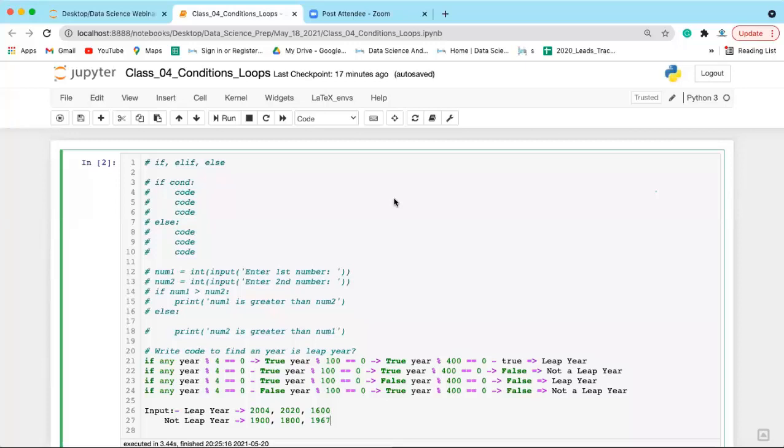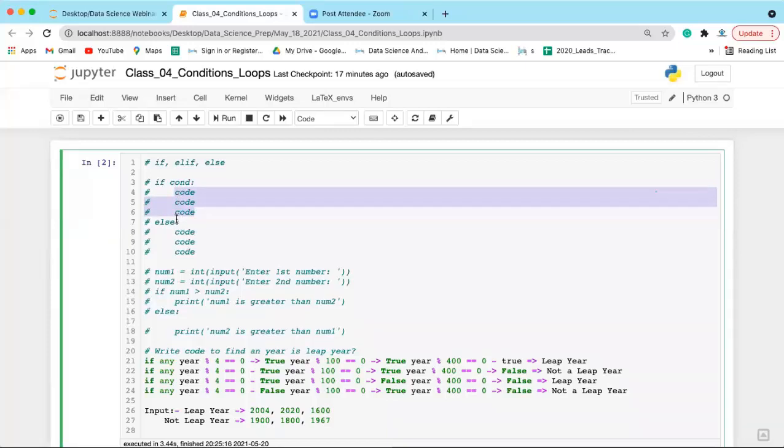For a single line and for a code block here, how is it defined? No flower bracket. Krishna, flower bracket is not required. In Python, when you want to create a block, you use indentation. You can see all these lines are coming under the if block, so I have given the same level of indentation. If the code is coming under one block, the same level of indentation is provided to all 3 lines of code, and hence they will be executed together.